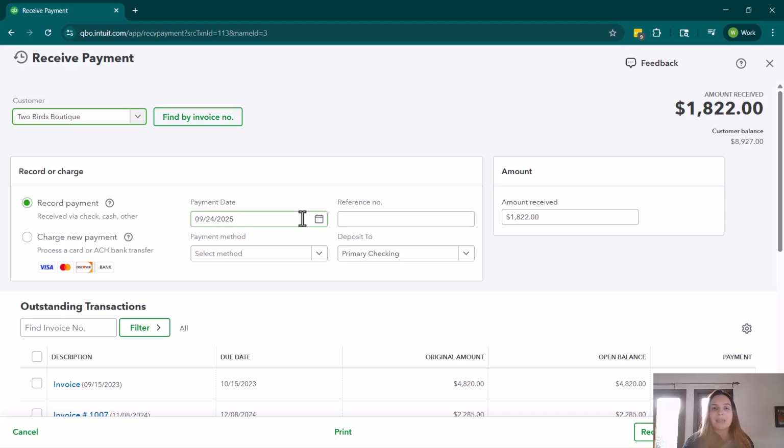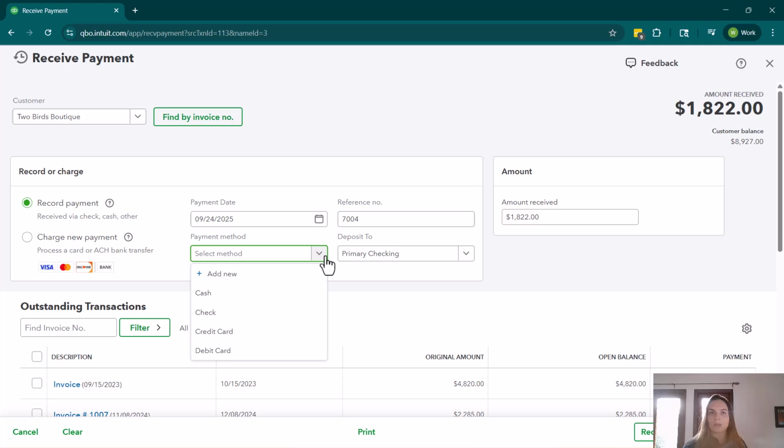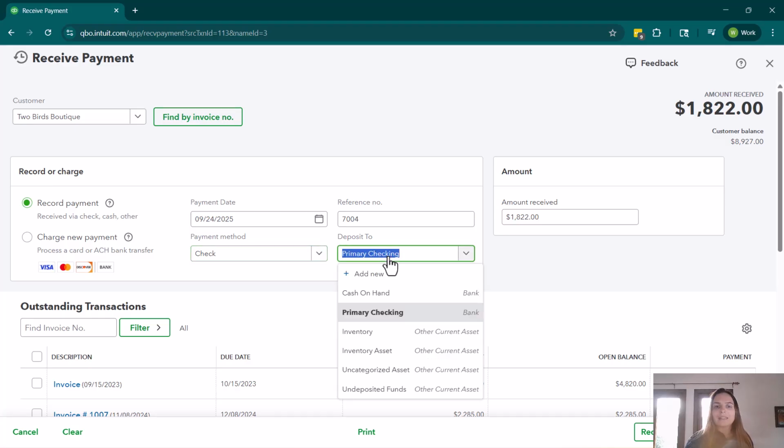We're going to select the payment date, and then you can include a reference number if you would like. So maybe they paid us with check 7004. You can fill out the payment method. You don't have to fill out the reference number or the payment method. That's not required. So we could put in here, check,